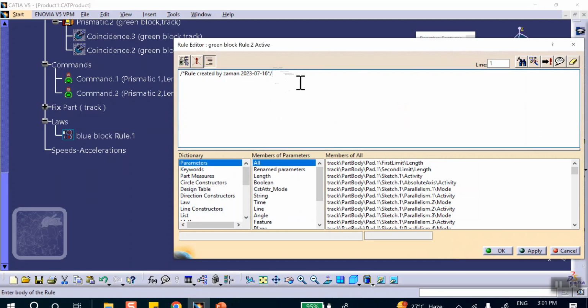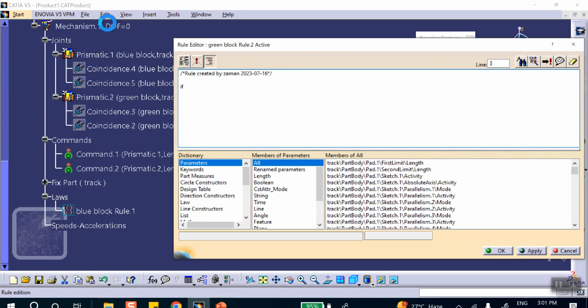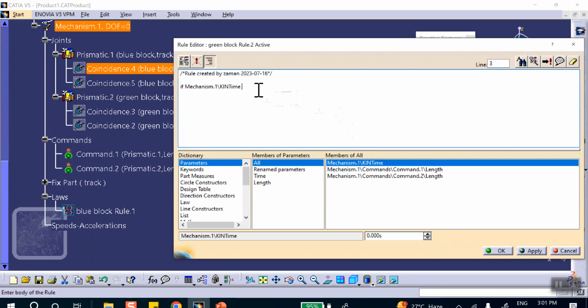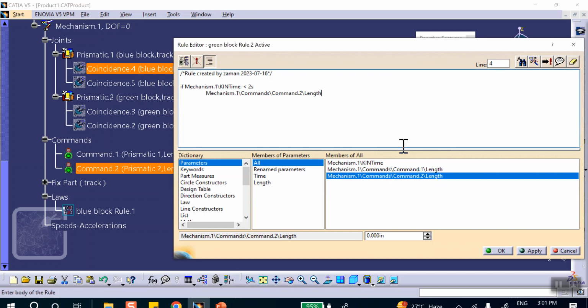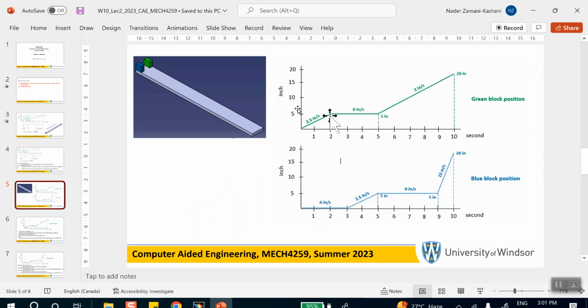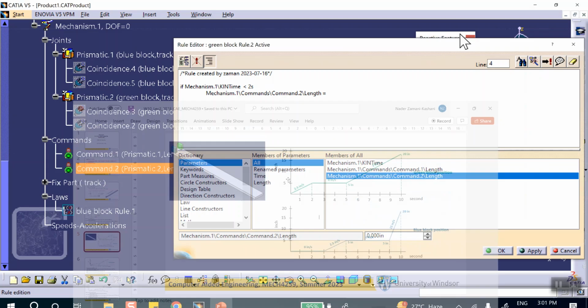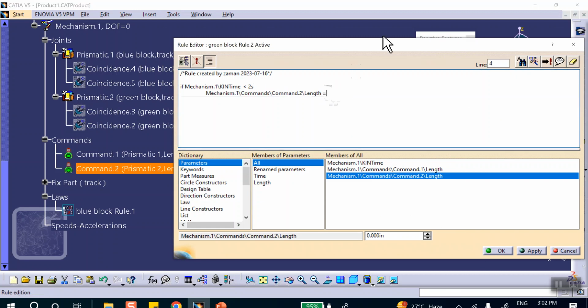So let's go here. If time, click on the mechanism. Here's your time. If time is less than 2 seconds, enter. This is command 2 now. Command 2 is for the green one. Is equal to, what was that? I can't remember. It was 2, the green one, right? 5 over 2, which is 2.5. Okay, so I'll write it like that. 5 inches divided by 2 seconds times time,